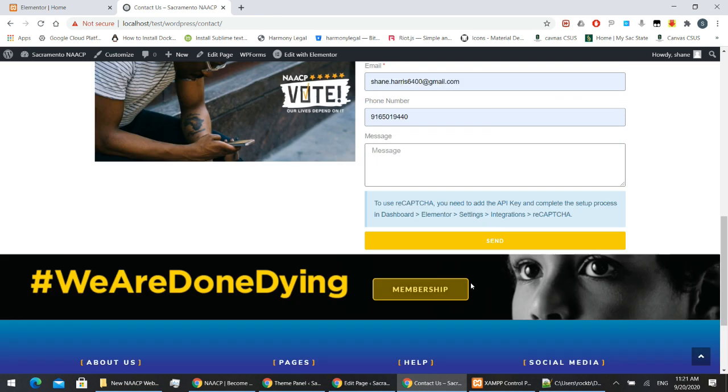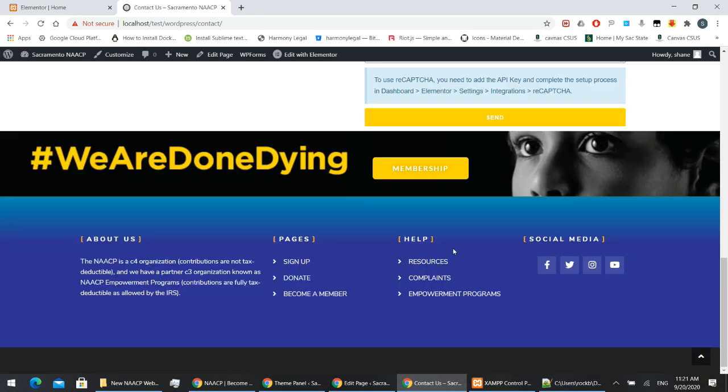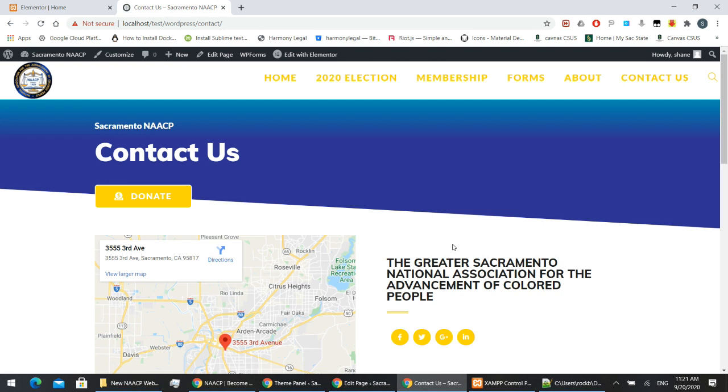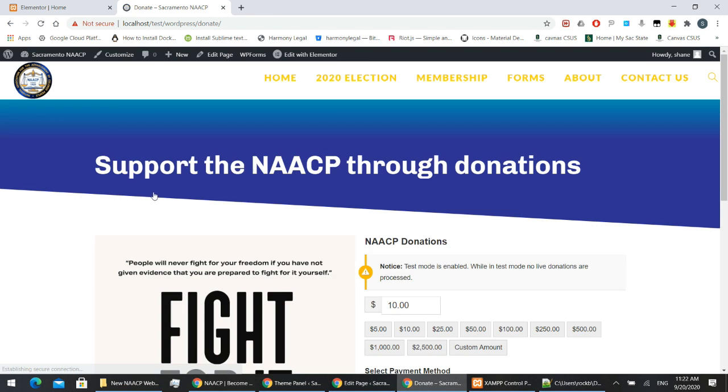Once again, another human test. This is to prevent a robot from auto doing these and just blowing up an email account. And they would send. Once again, no logic on the back end, so the send button will not go anywhere because I don't know where it's supposed to go. And then membership. And then lastly, I want to talk about the donate